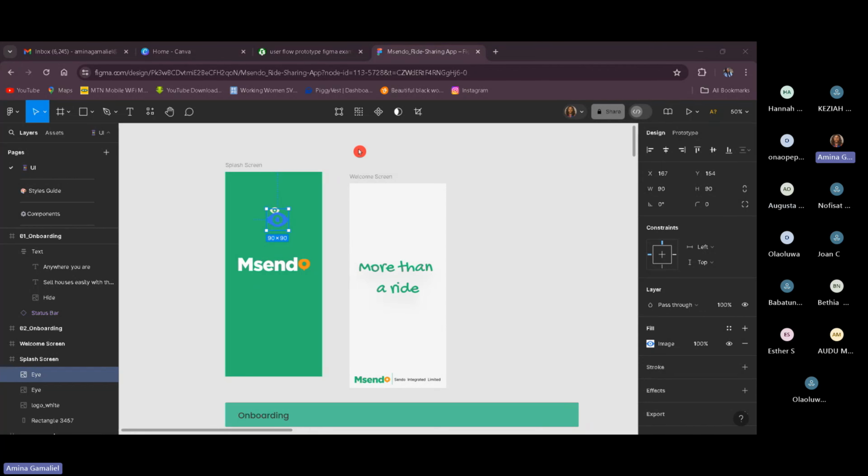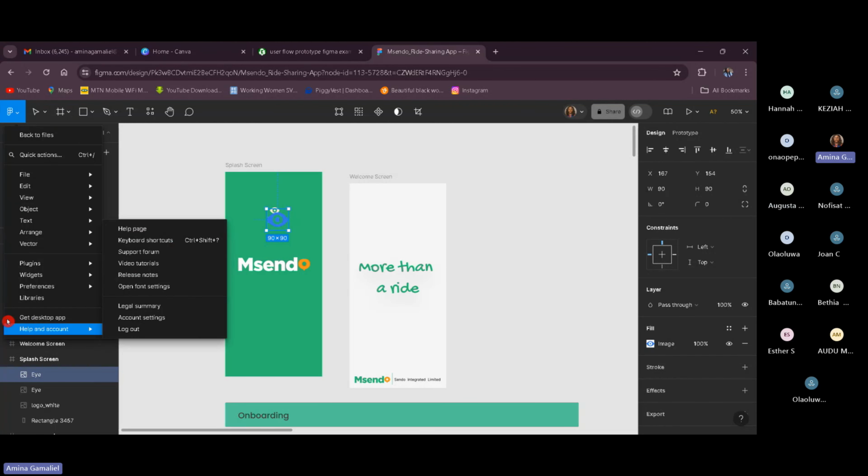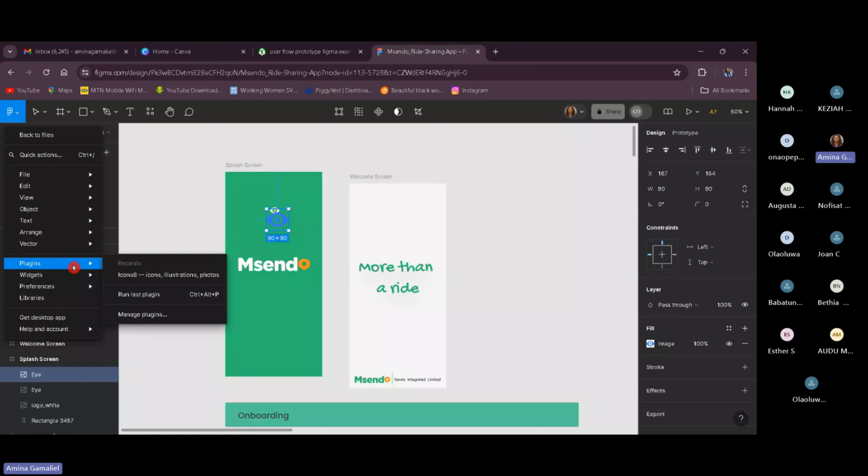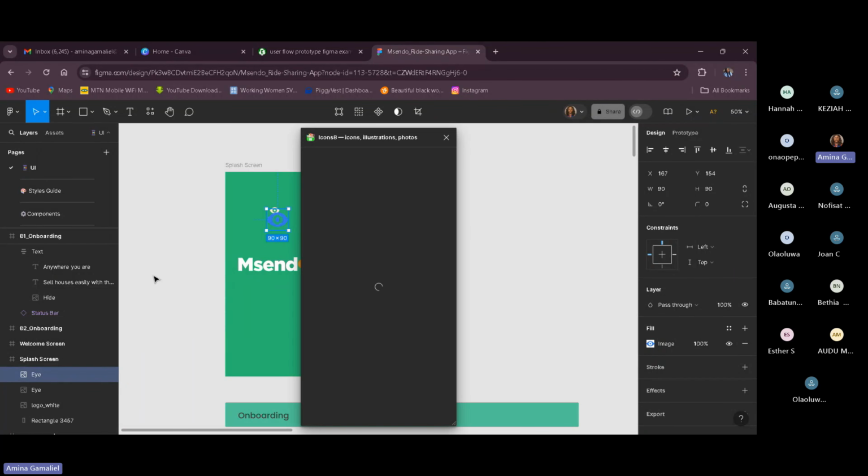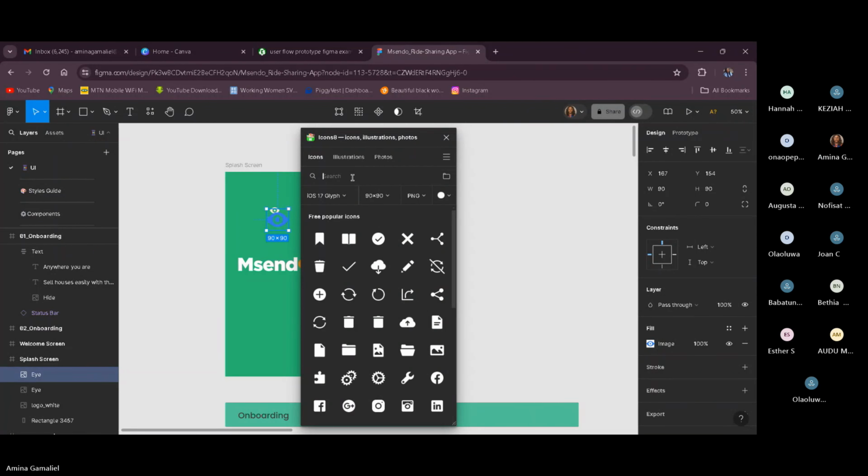Also, I want you to create an option where you can sign in with Google, sign in with Facebook. Just those two. Let me quickly go to Figma and show you where you can get all those icons. Your Facebook icon, your Google icon is still under Icons8. When you run your Icons8 and type Google,